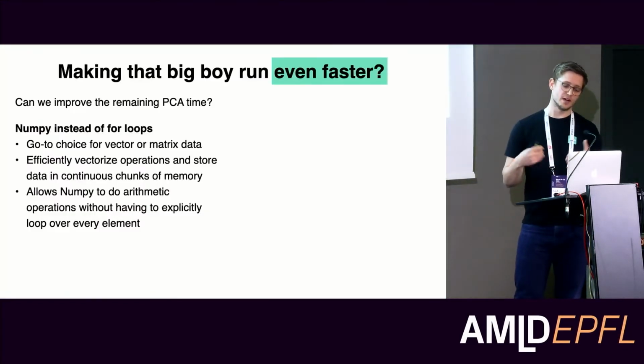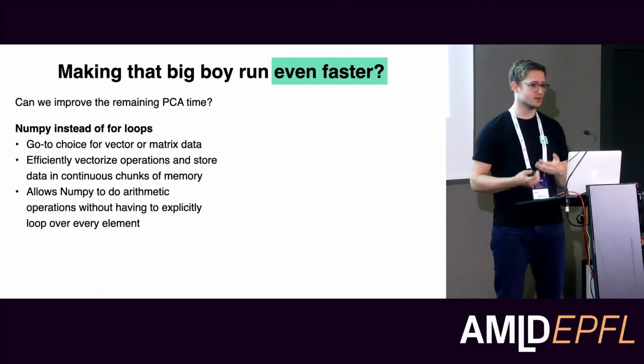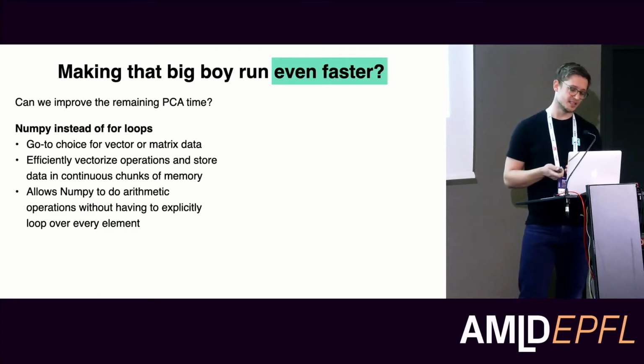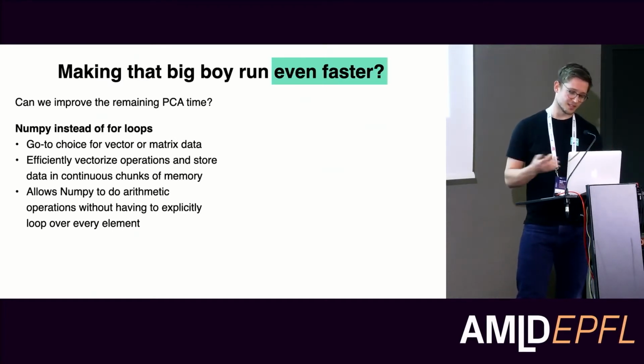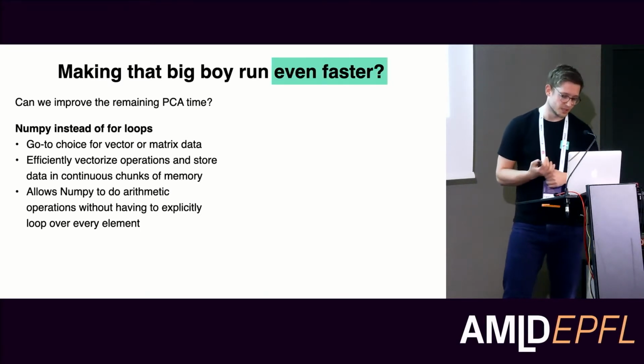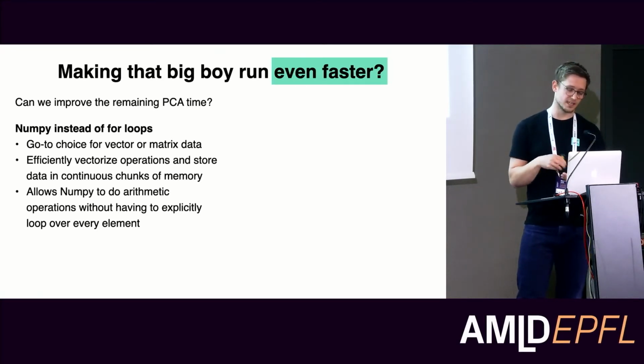And there are two very obvious solutions to that. One you will probably all know, it's NumPy. The idea here is, if you have vector or matrix data and you want to work with that, what you will see is that Python naturally is quite slow with that, and there is obviously the thing that you use NumPy, which efficiently vectorizes operations, and one of the reasons why it's so fast is that it actually stores the data in continuous chunks